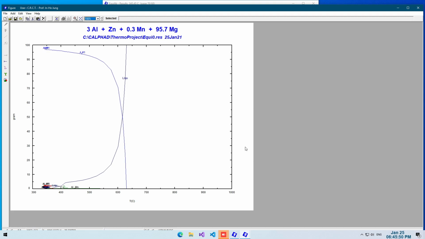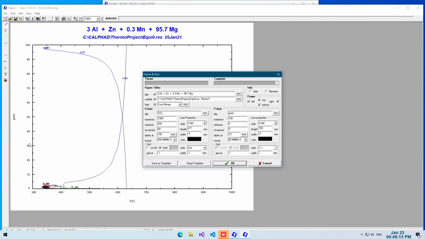Now it will show the solute distribution during the solidification of our alloy. If you pay attention, we have a very congested area here, so we want to zoom in. To zoom in on a plot, double click on the y-axis, because we want to stretch this out. It will open another window where you can adjust your frame and axis. Since we want to stretch the y-axis, we will change the values here. We have a maximum of 10 here, so let's just go with 10.